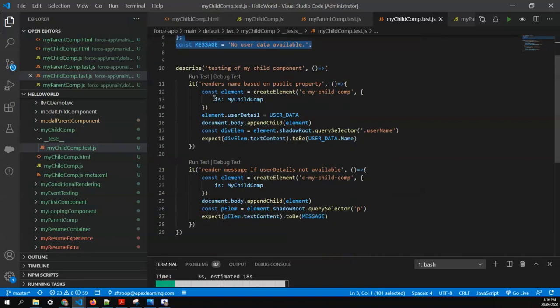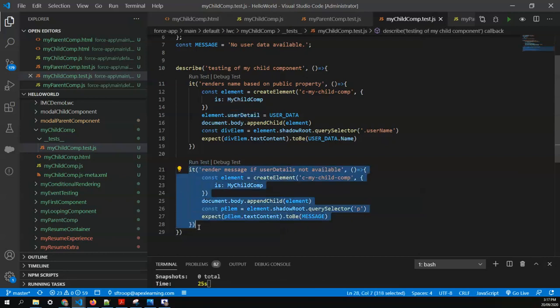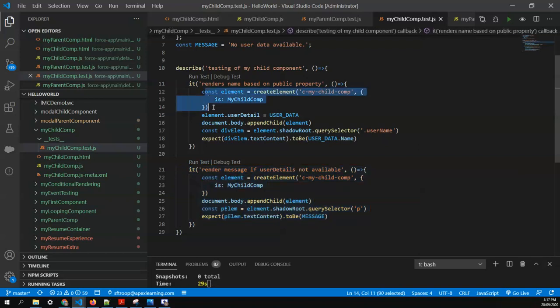Then in all the scenarios we were using beforeEach, because this element creation and appending was almost the same, but in this particular scenario, we want to append a user detail at runtime, when the element is being created. So if I add the data for all the scenarios, I was never able to pass this particular scenario. That's why I moved my element creation individually to each test case.